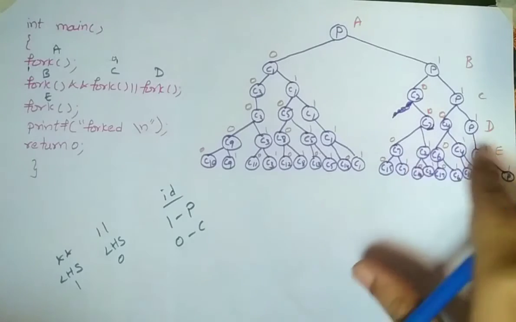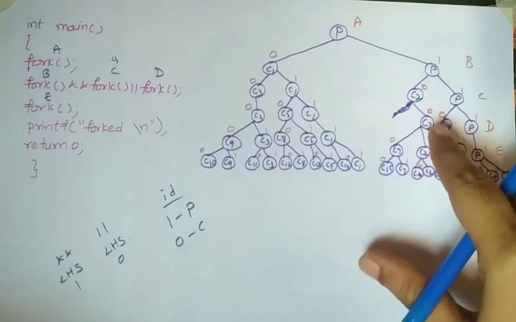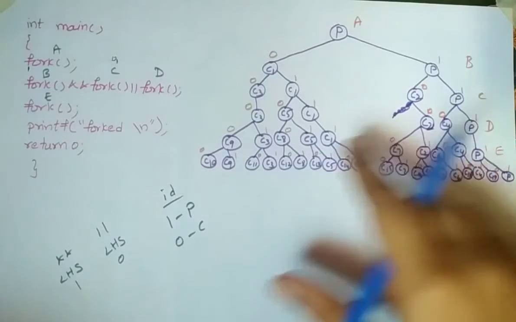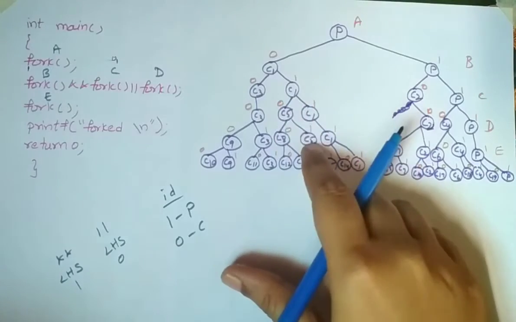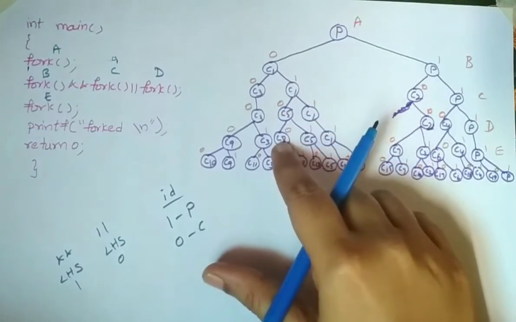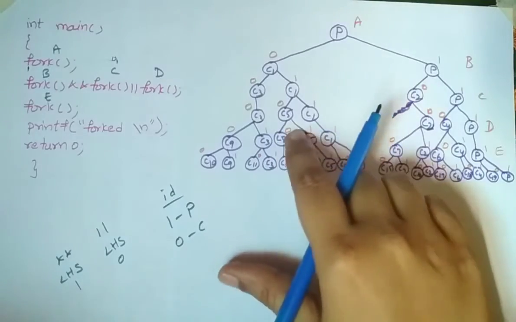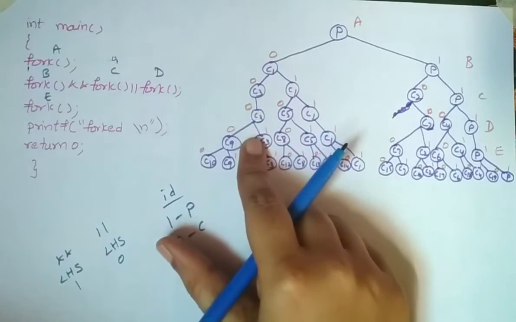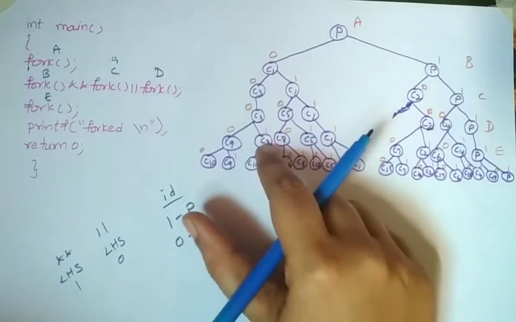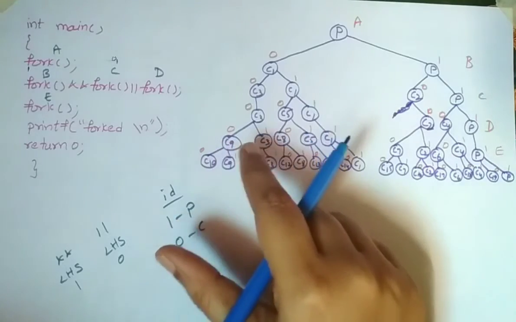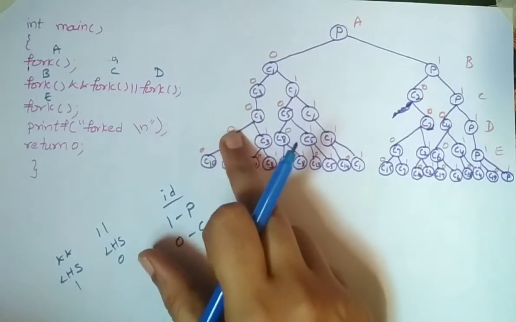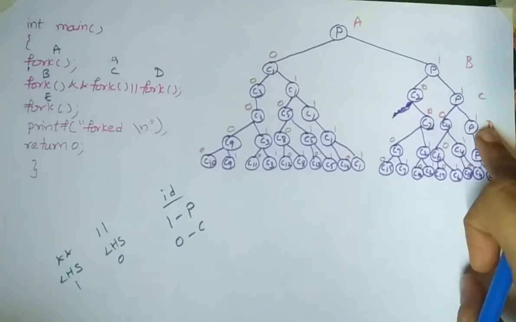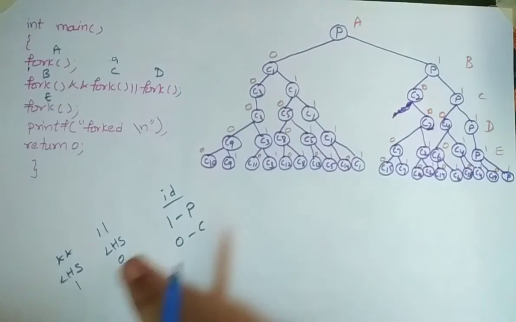Like that for the remaining processes. Here C2 is a parent process, so it is taken as 1, and C7 as 0, since it is a child. Similarly, C5 gets the value 1, since it is a parent process, and C8 is a child process, so it gets the value 0. And C3 also is a parent process, so it gets the parent process ID. C3 has 1, and C9 is the child process, so it gets the value 0. So we execute a particular thing only based on the given criteria.